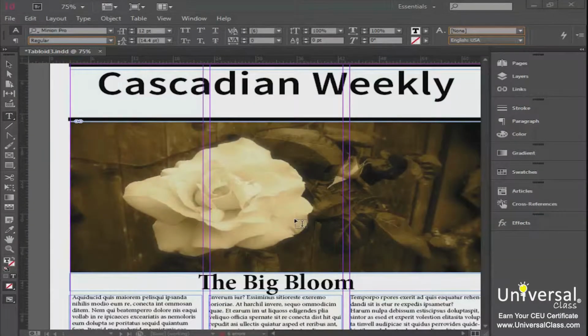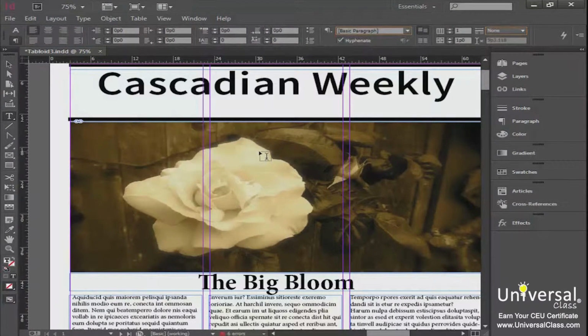Going to talk about using paragraph styles and styles in InDesign. And the reason for using styles in InDesign is that when you're working with large documents with a lot of pages in them, you want to have consistency in your document. And to use styles, the first thing that you need to do is let's go back up to our paragraph